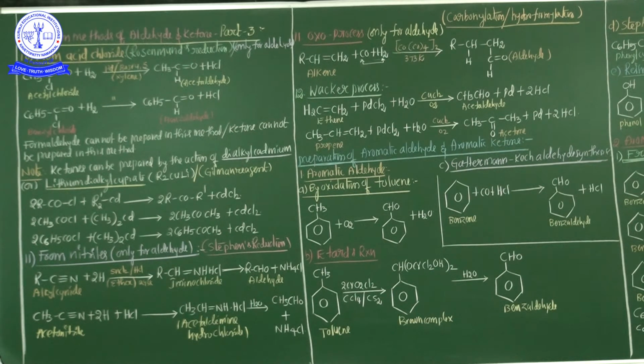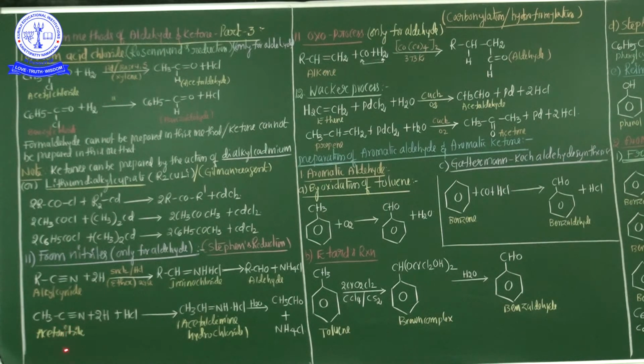See here, this is an alkyl cyanide. Alkyl cyanide treated with hydrogen in the presence of SnCl2 and HCl, ether, 293 Kelvin temperature. Iminochloride is formed. This iminochloride is again treated with water, finally boiling with water, aldehyde and additionally ammonium chloride are obtained. So this is the preparation of aldehyde with the help of the nitrile. This is commonly known as the Stephen reduction. So this is the general representation equation, my dear students.